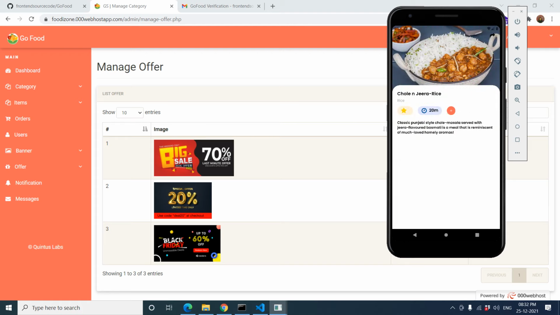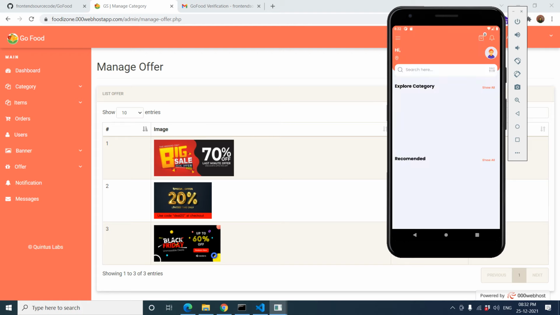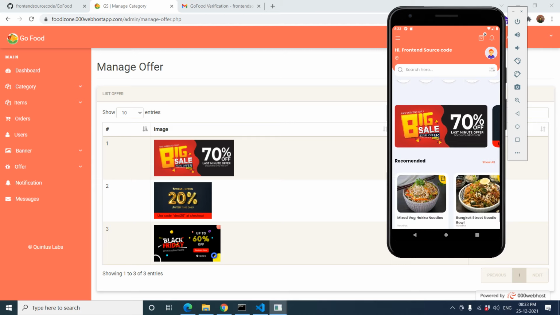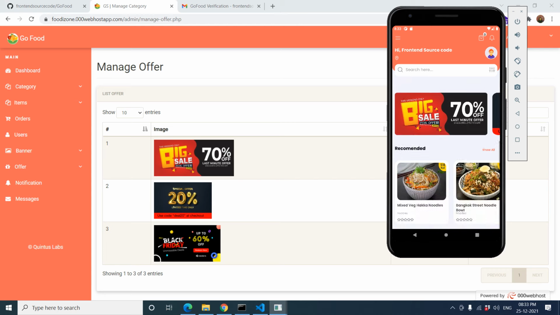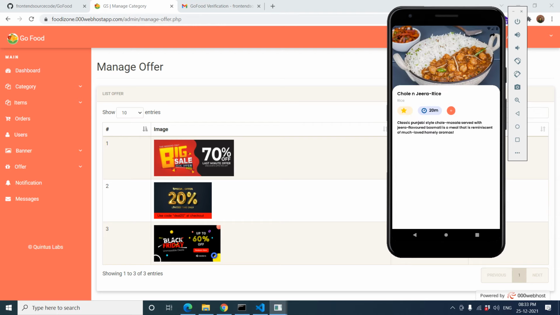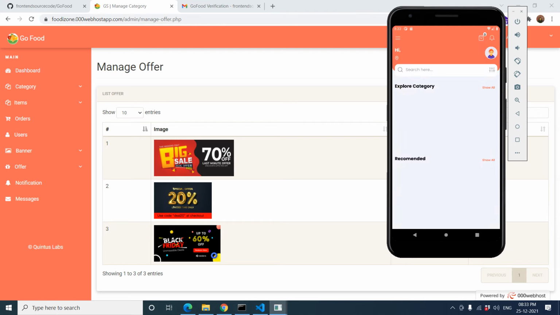Click on the image, you will get the description page or details page, or you can directly go to the details page also. Okay. If you click it here, you can go directly to this details page. So here we can add.